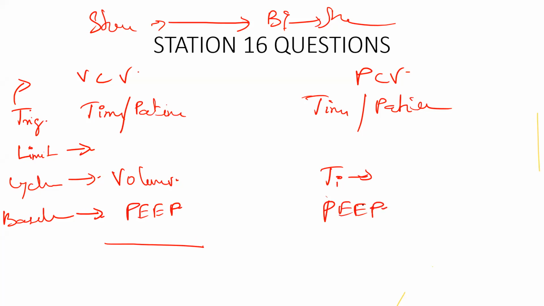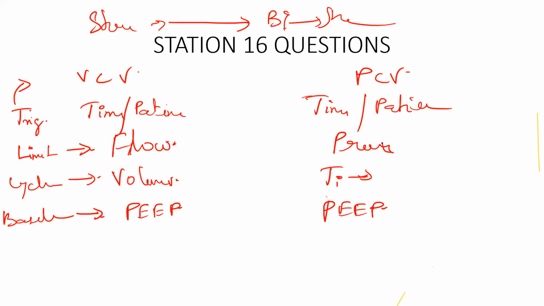Okay. Right. So in volume control, there is a limit. The ventilator cannot act on its own, so you have to set a limit beyond which it should not overfunction. That limit is flow in volume control ventilation. When I explain the graphs, you'll understand more about the limit. Don't worry. In pressure control ventilation, the limit is going to be the pressure.